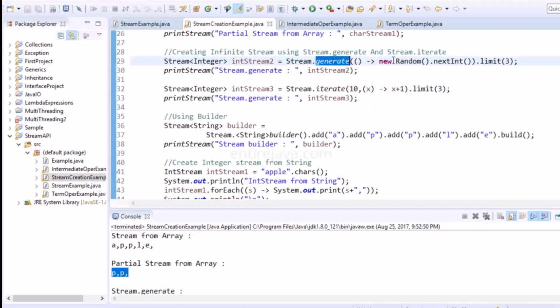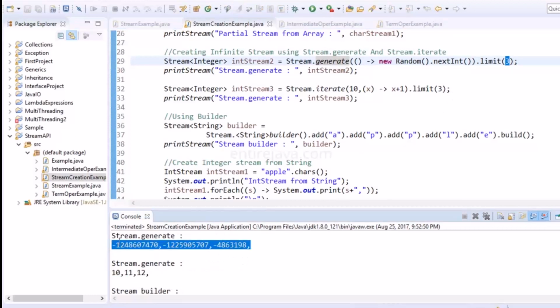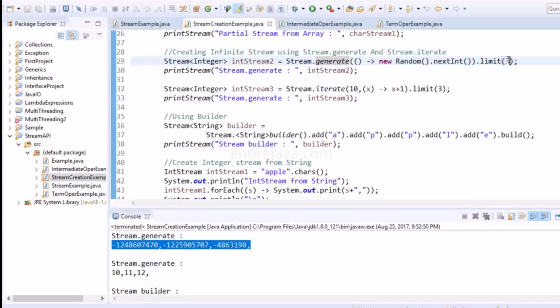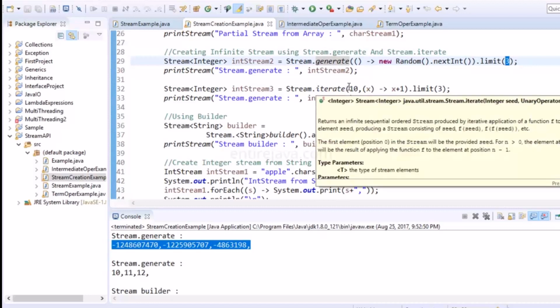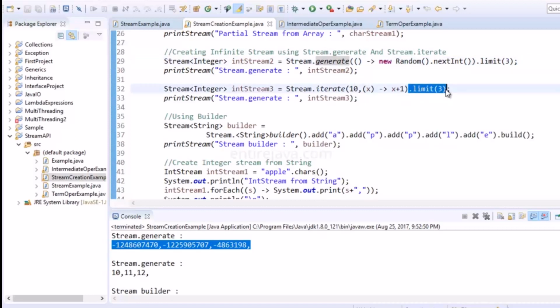So we need to use some kind of a termination operation like limit with some parameter to tell how many random integers we want to generate. In this case, it's going to be 3, and that's what we specified in here. Similarly, the iterate method is going to generate an infinite stream, and that's why we need to use a limiting operation